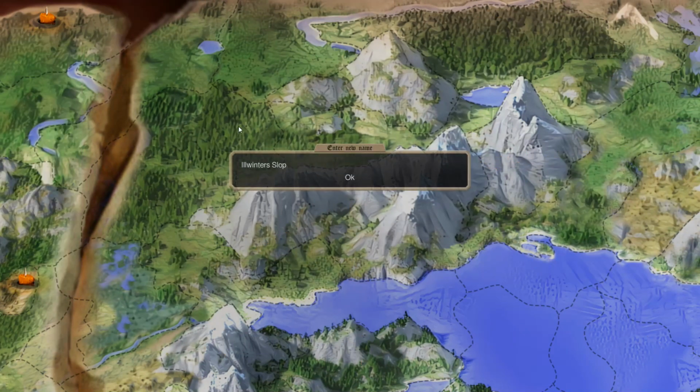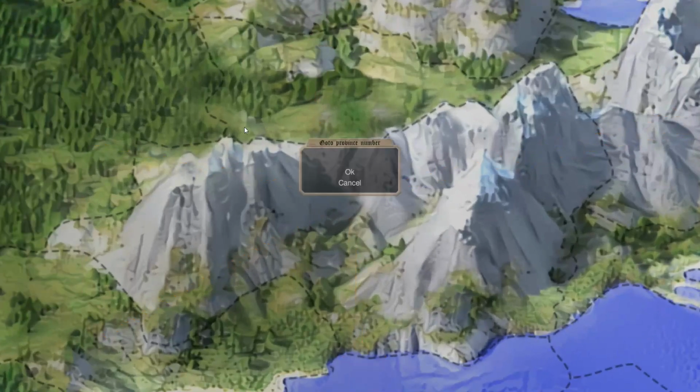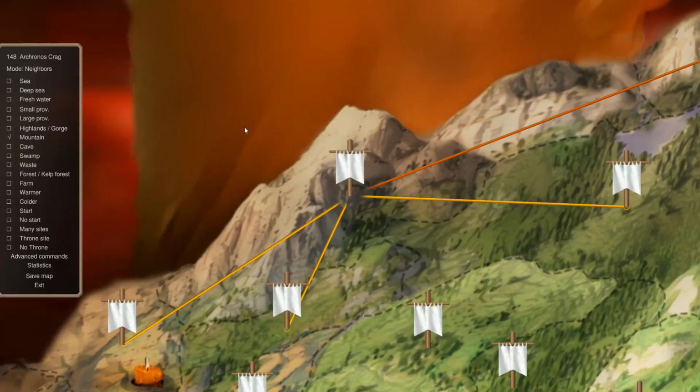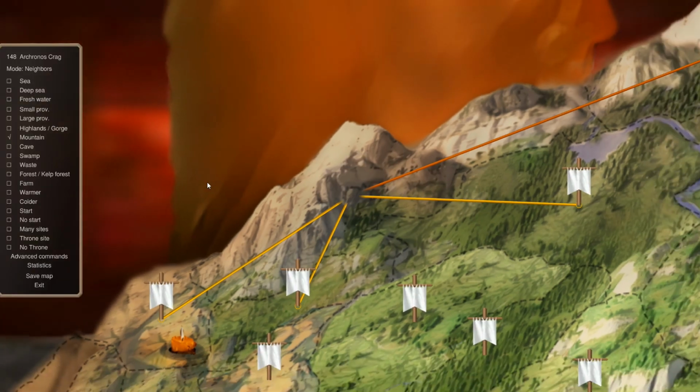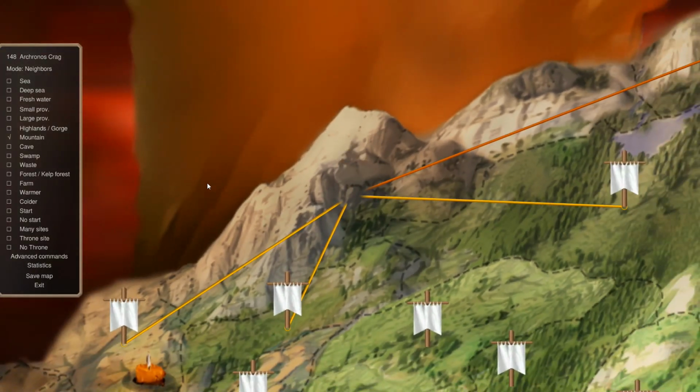I think this should be Ill Winter Slopes, not Ill Winters. 148. I realize I've been leaving a lot of apostrophes out too. Oh, that's actually, okay, and this isn't plural. Arcanus Crag. And then,